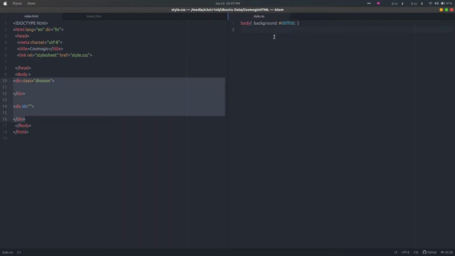Now let me style the selectors. This is the class selector, which starts with a dot. Whatever name is written in the class, we start with a dot, like .division, you can see. And the ID selector starts with the hash.